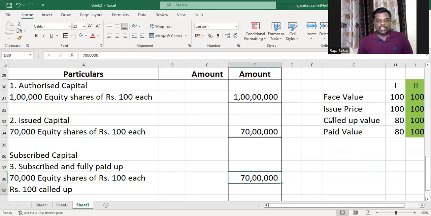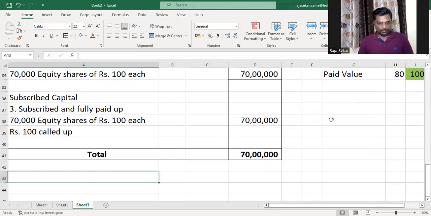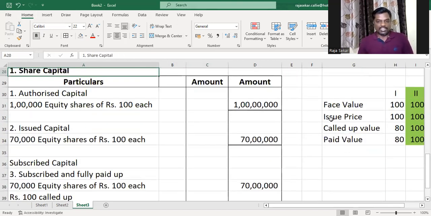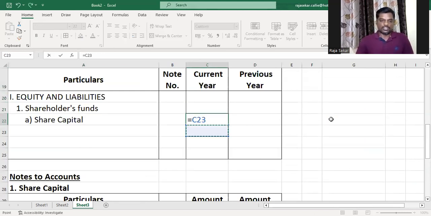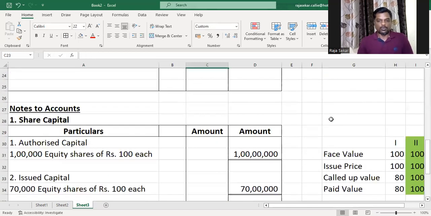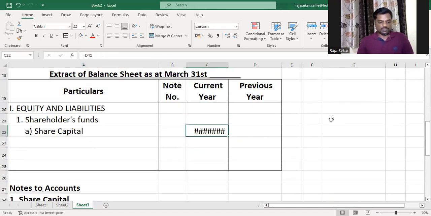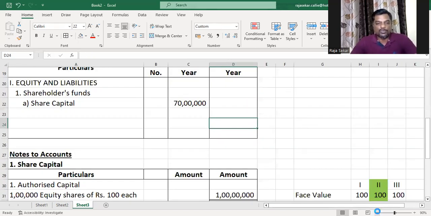So the total of the working note will be taken to the face of the balance sheet and written in the current column. So this 70 lakh will go here on the face of the balance sheet. The total. And that would be the end of this problem, my dear children. See how easy this is. This is like CBSE wants to give you these marks and therefore they ask this question.